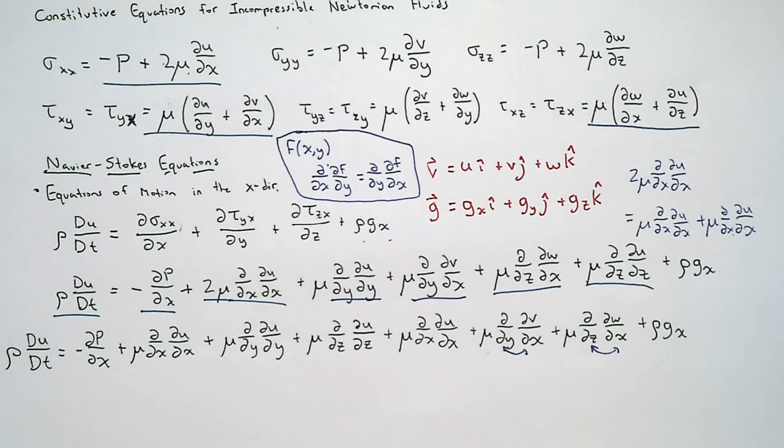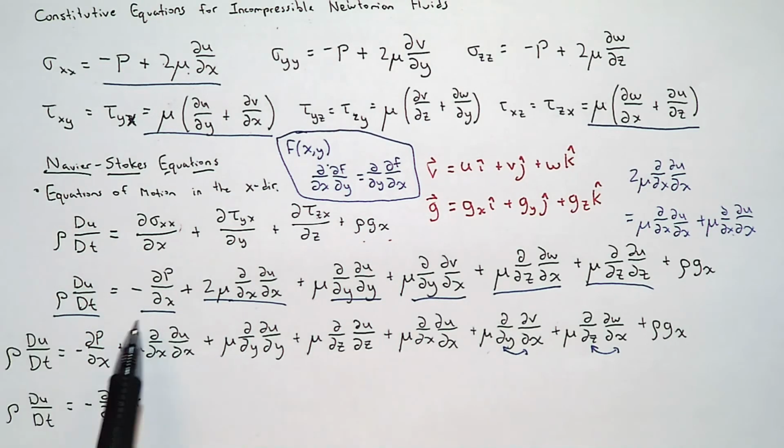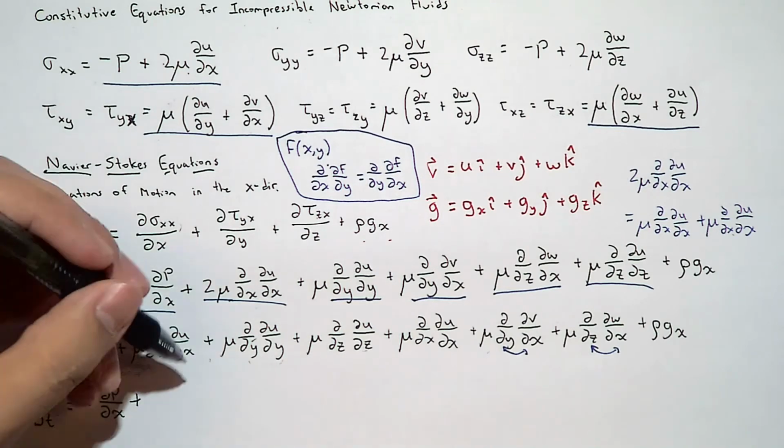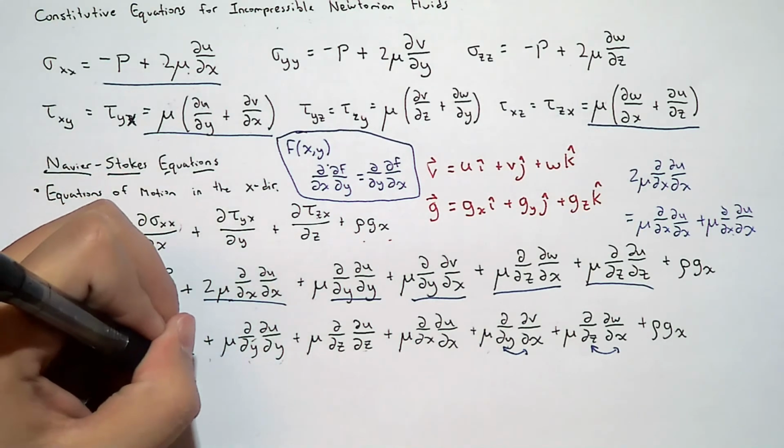And why do I want to do that? Because now we can start to identify these somewhat obvious patterns. Notice one thing. I have my density and my acceleration. I know that I have my pressure gradient in the x direction. Okay, what do these three terms have in common? Okay, we have a viscosity term. And notice that in addition to the viscosity term, we're looking at the second derivative of u with respect to x, right? Because we derive u with respect to x, and then we derive it again with respect to x. That's just the second derivative, right? So we have the second derivative of u